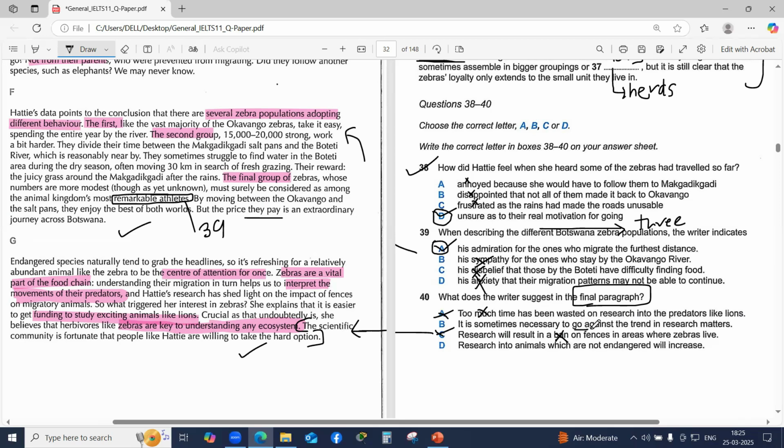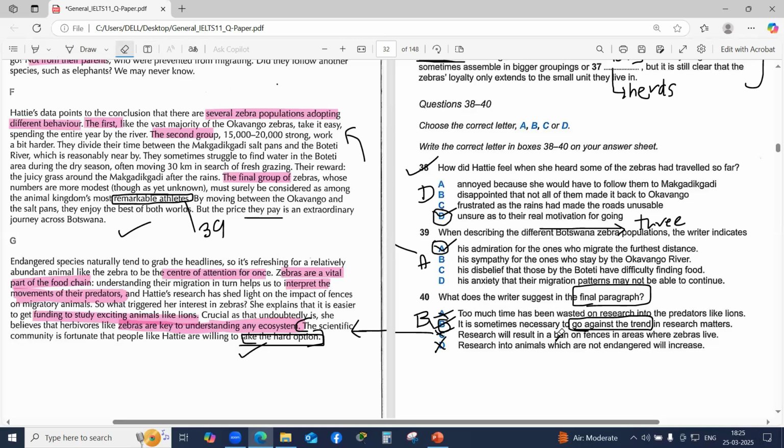Yes, go against the trend and taking the hard option. These two are synonyms. I am definitely going to go with B, eliminate D. B is the answer. So for 38D, 39A, and 40B, it's sometimes necessary to go against the trend in research matters. So these are the final answers